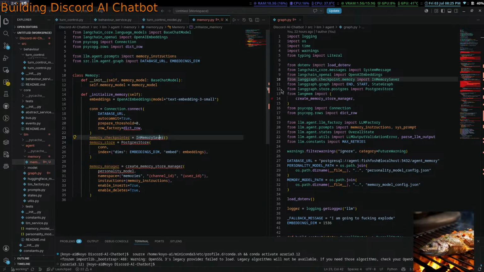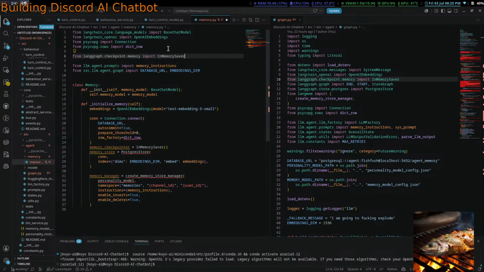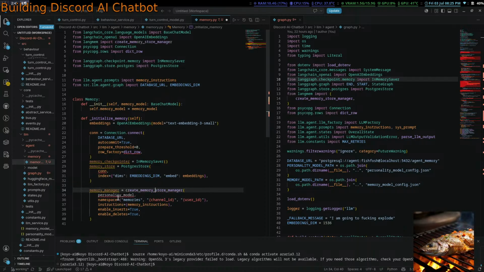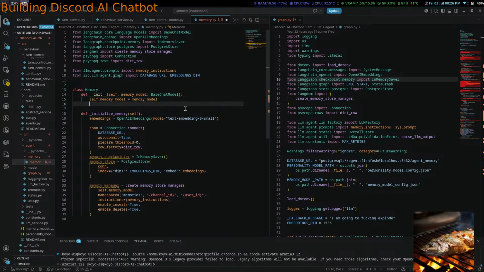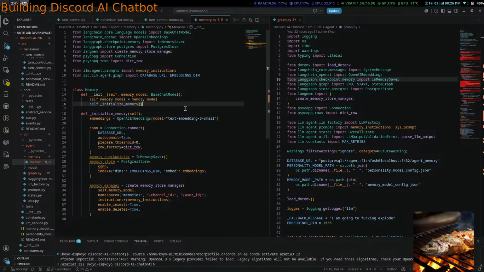Memory instructions, MemorySaver, checkpoint from LangGraph, you import. What is this? Import this. Personality model, okay, that's a bit different. Let me rename this to memory model. Alright, we just pass in self.memory_model as a thing, right? And then self._initialize_memory.